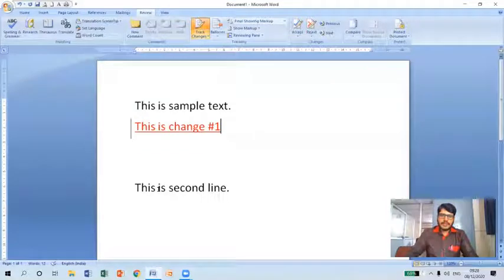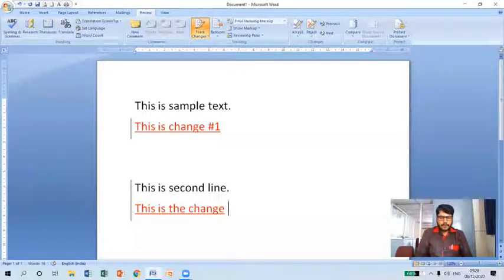And again, after this second line, I'm going to press enter. See, after entering, I'm going to type, this is the change number 2. Okay. So after this, I'm going to delete this sample word. So this is how it will track the change.